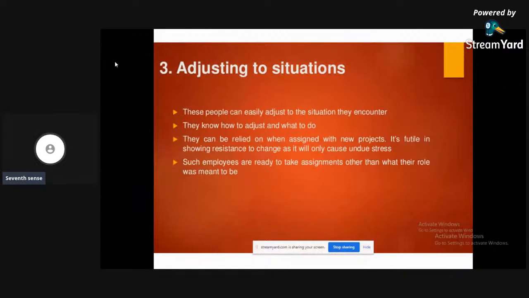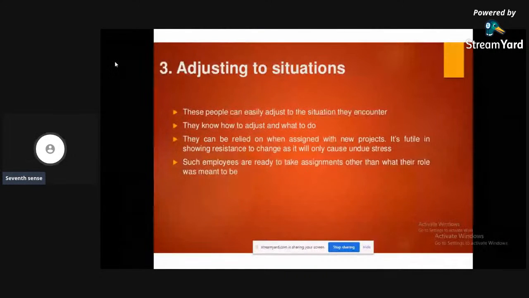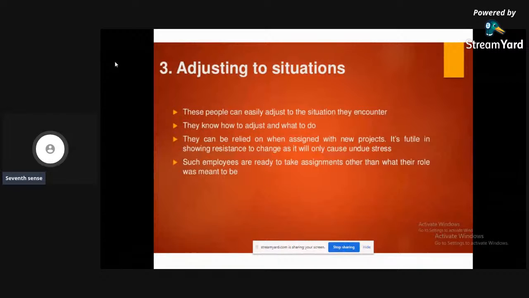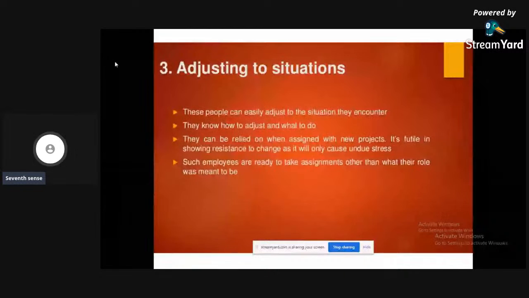Adaptable people can easily adjust to the situations they encounter. Adaptability is nothing but changing your game according to the situation. So when you are adaptable, there is nothing you can't face. You don't have such kinds of situations.